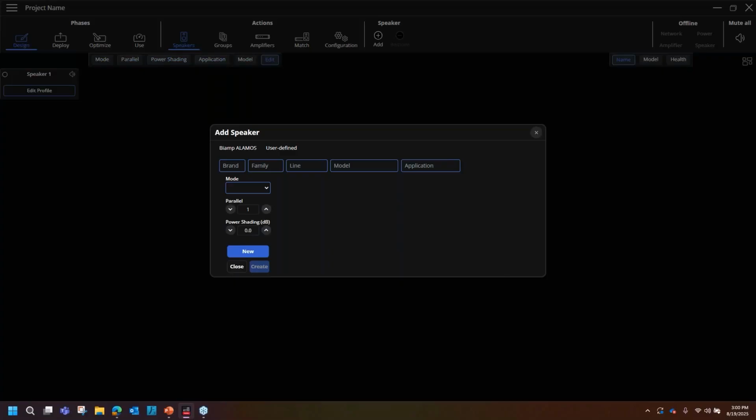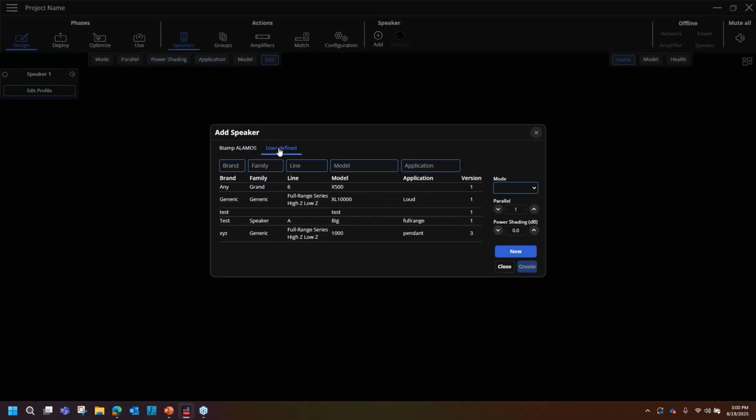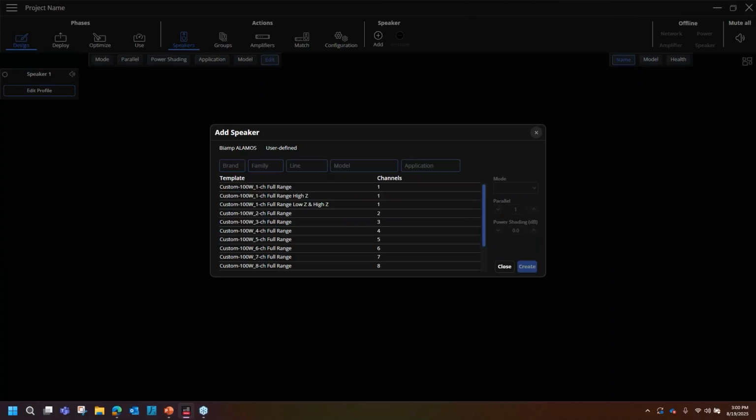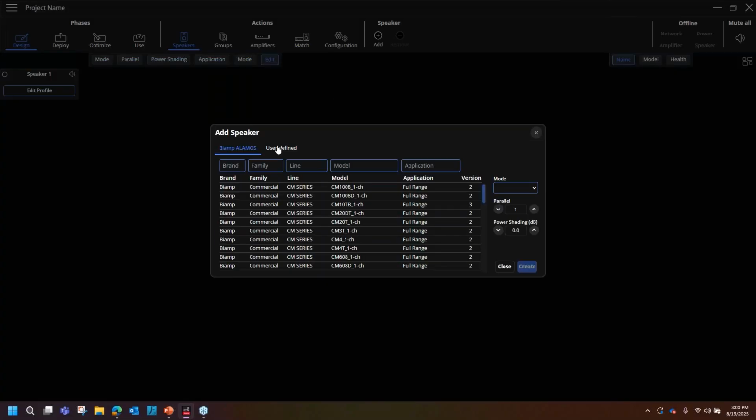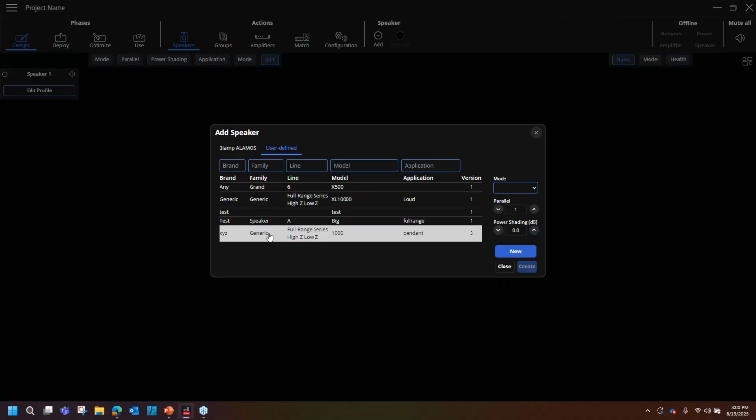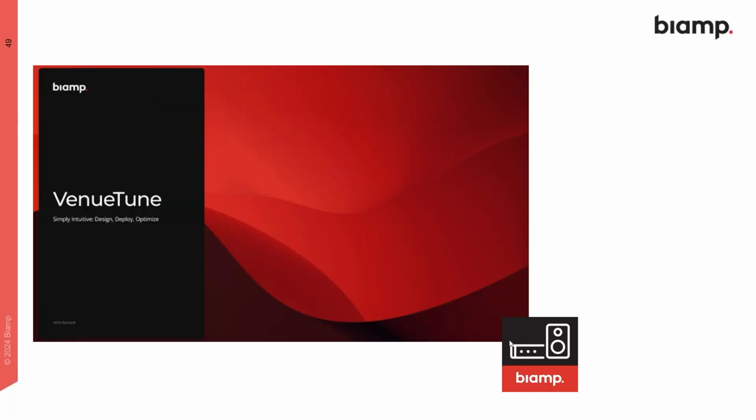And now if I go to add a speaker again and user defined, well, there's where I can find it in my user defined settings. It's a very quick overview of how to create a loudspeaker within the